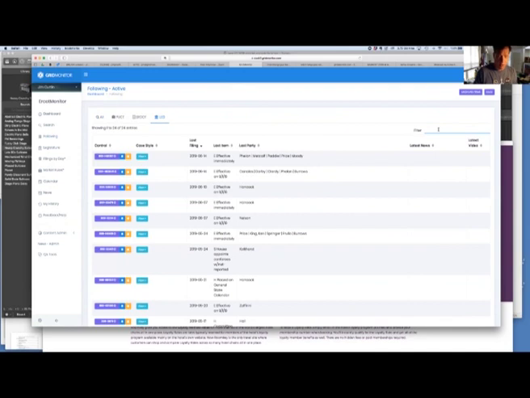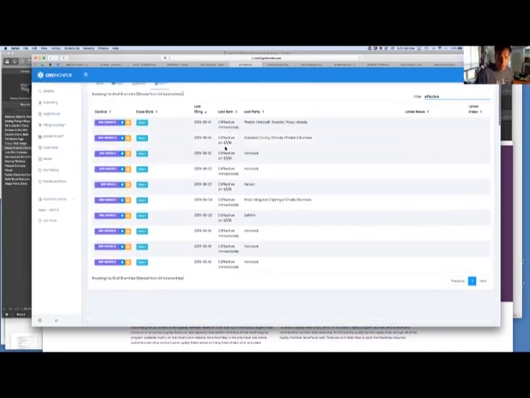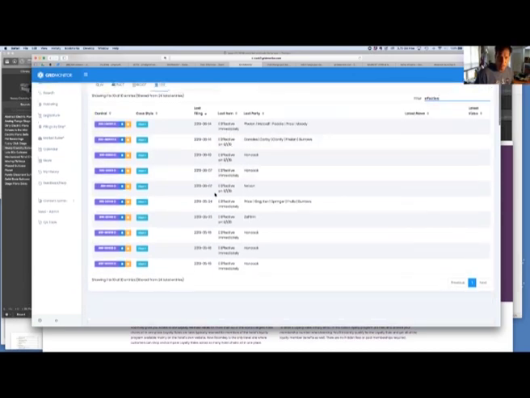And if we want to look at what bills have passed, for example, just type in effective, and it reduces the field from 24 down to 10. And so now you're looking at effective immediately, effective 9/1, 9/1 immediately. All of these bills have passed. And so if we look at one, for example, when you click on this,